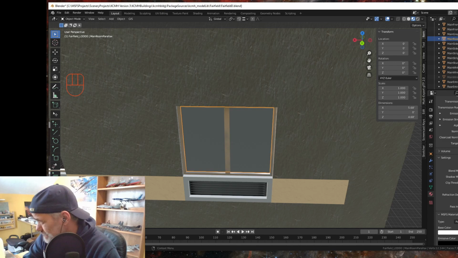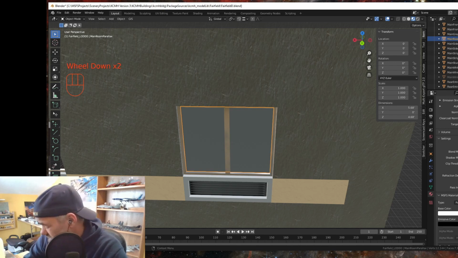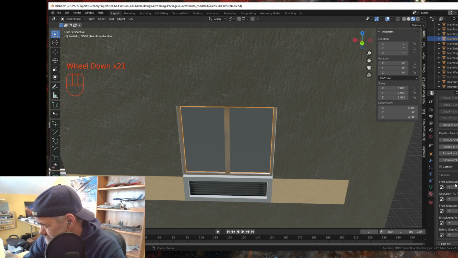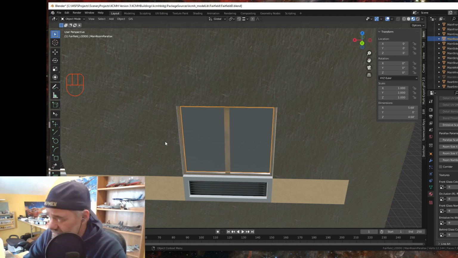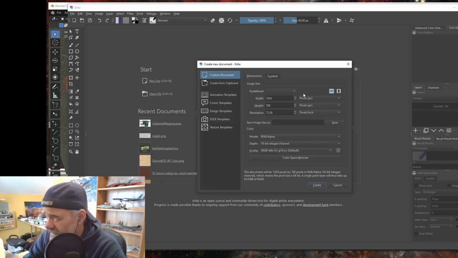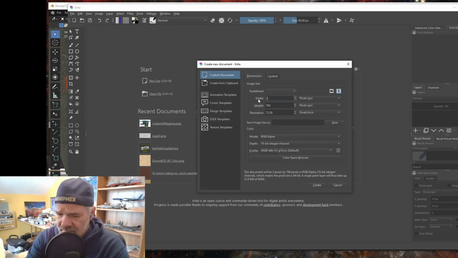Okay, and for the front glass color, we need an image, right? And I don't have one made. So what I'm going to do is I'm going to have to make one of these. I forgot about that. So I'm going to open up Krita, and we're going to do a new file, and we are going to make it 2048 by 2048. Create a new one,